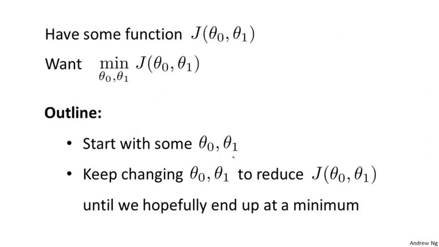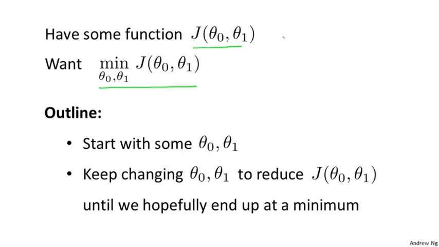So here's the problem setup. Going to assume that we have some function J of theta 0, comma theta 1. Maybe it's the cost function from linear regression. Maybe it's some other function we want to minimize. And we want to come up with an algorithm for minimizing that as a function of J of theta 0,